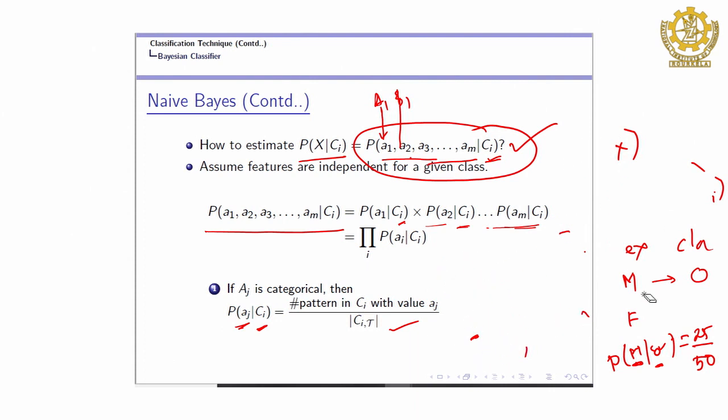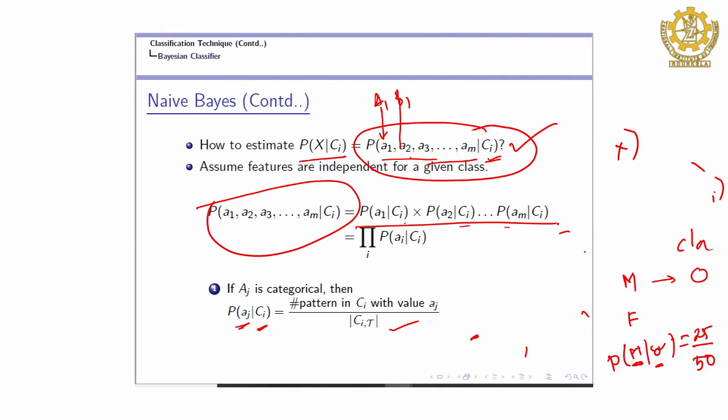So, in summary, what we got is we had to compute this value, and for naive Bayes we assume that features are independent. So, we can directly multiply all these features, and the problem reduces to computing the individual probability of each value when we know the class level, that is, given class C1. This is the way we can compute it if it is a categorical attribute.